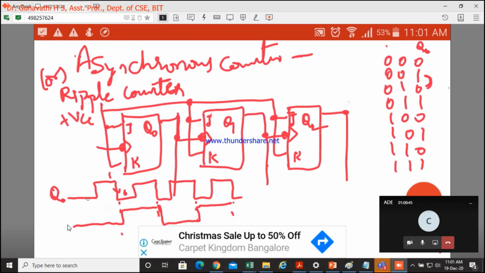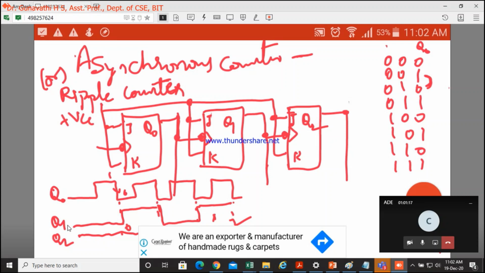For this one complete cycle, this is 0. For this complete cycle, this is 1. Again for this one complete cycle, 0 and 1. So this is your Q1. Q2 will change only when there is a change from 1 to 0. So the 1 to 0 change is here. Till here it was 0, only here it will change to 1. So there is no place for me, just write here it is 1, here it is 0. This is how it will work. Is this clear?